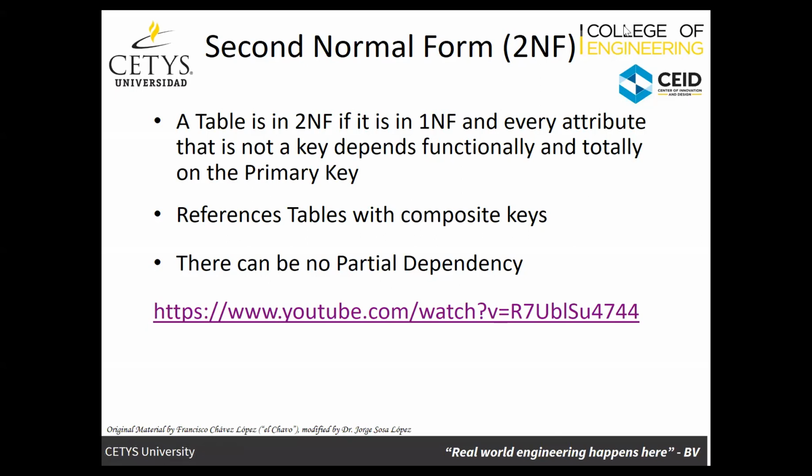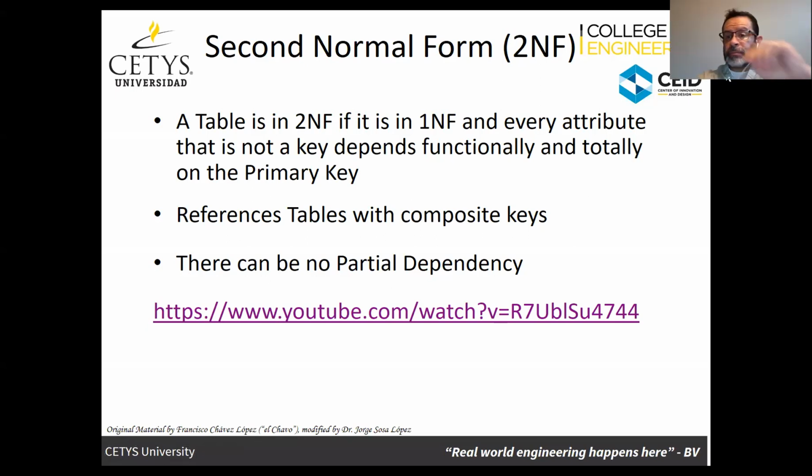Okay, so the video explained, or attempted to explain, the second normal form. And basically, again, what we want there is that we need all the attributes to depend completely on the primary key. And that means that we